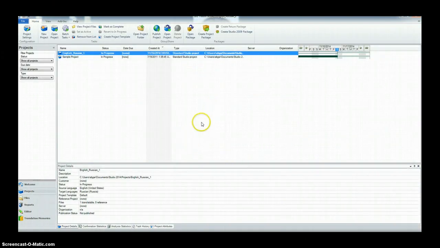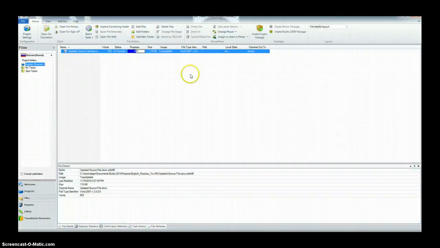So as you can see, there is my project that I just created, and it shows that it has already been 49% translated because, as I said, half of the source text has already been translated using the TM. So my TM already has the translation for the target file. So that's why if I open this here,